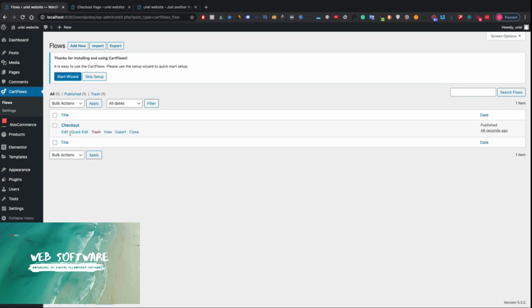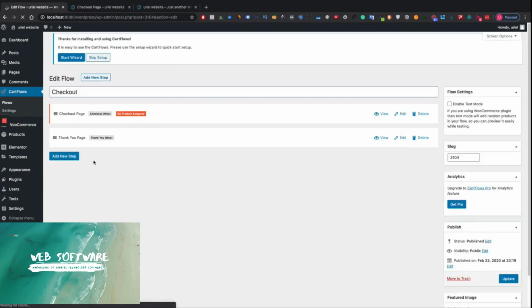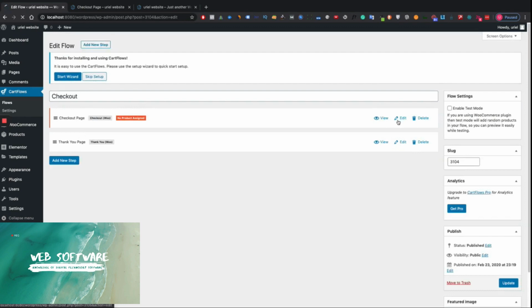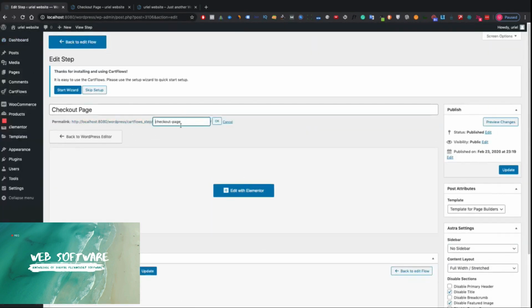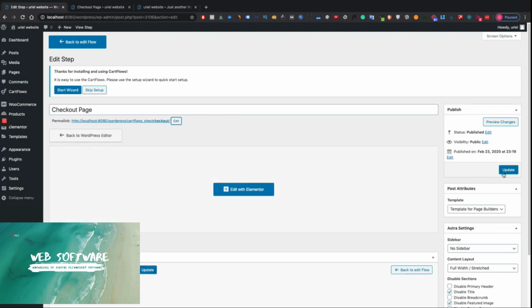Or else the system won't let us have the slug as checkout. It'll end up being copy checkout. You see, it'll be checkout page, but we want this to be checkout. So let's go ahead and do checkout. Click update,